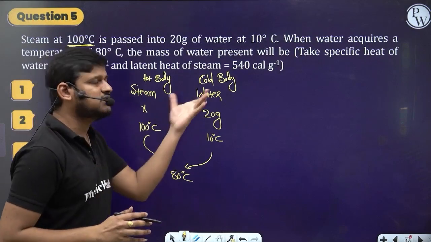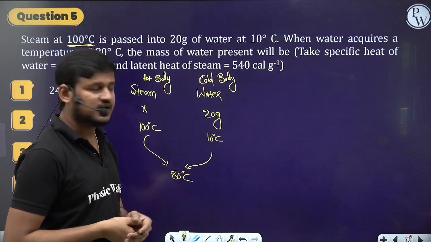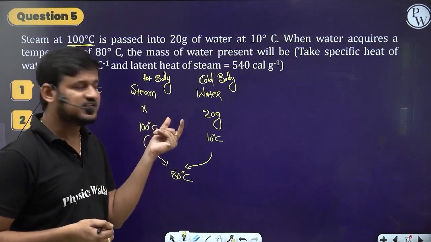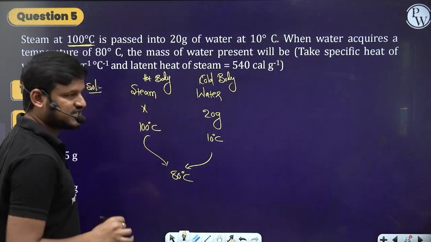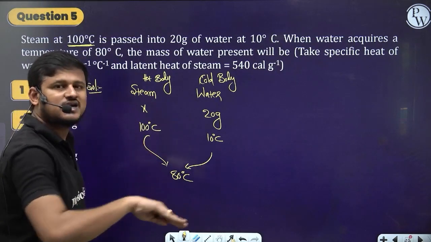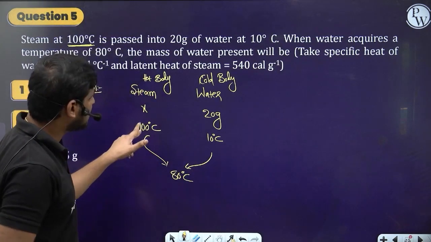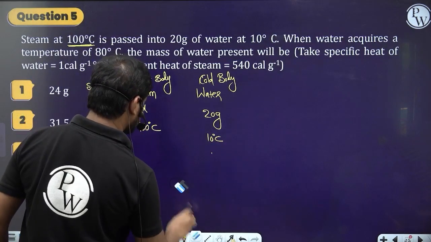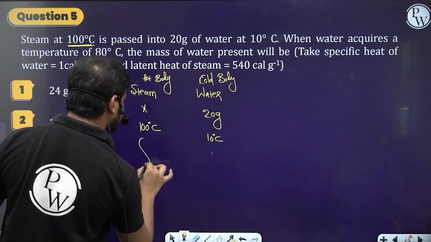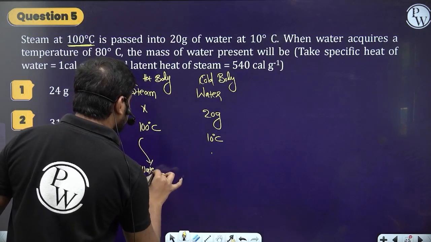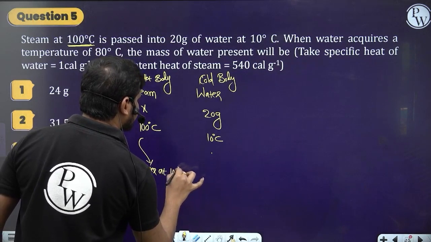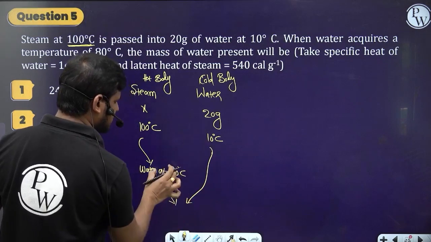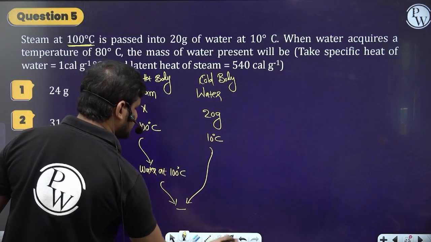When you pass the steam over the water which is at 10 degrees centigrade, first the steam will convert to water. Steam which is at 100 degrees centigrade will convert to water at 100 degrees centigrade, right? So that water will mix with the water at 10 degrees centigrade. So that concept I can write. This is steam at 100 degrees centigrade, which will become water at 100 degrees centigrade. Then this water and this water mix and the final temperature has become 80